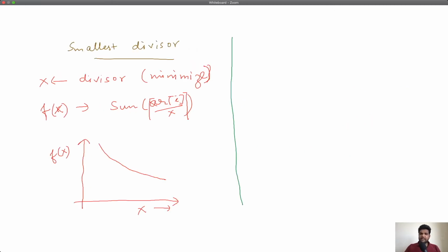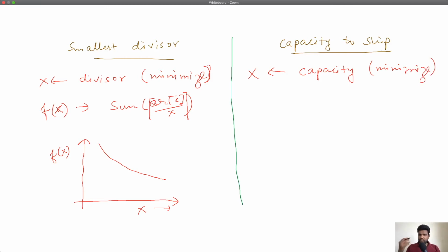Similarly, if you see the second problem, wherein we had to find out the optimal capacity to ship packages within D days, there your X was nothing but the capacity you had to search for. So you had to find out the smallest capacity with which you are able to transport the packages within D days, right?